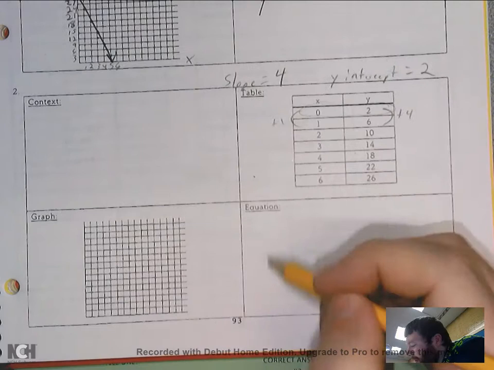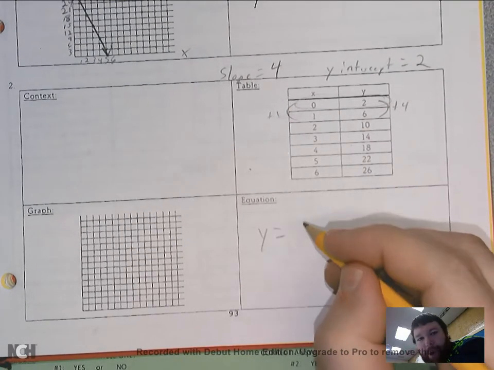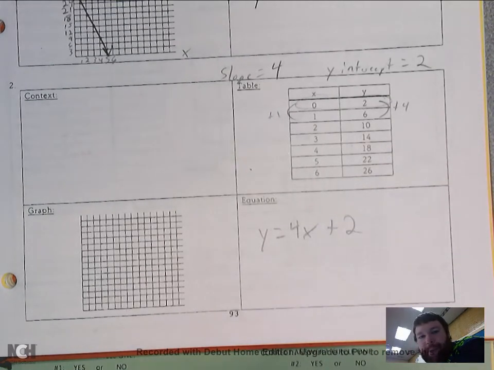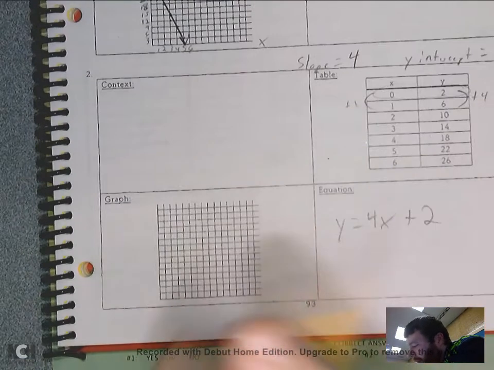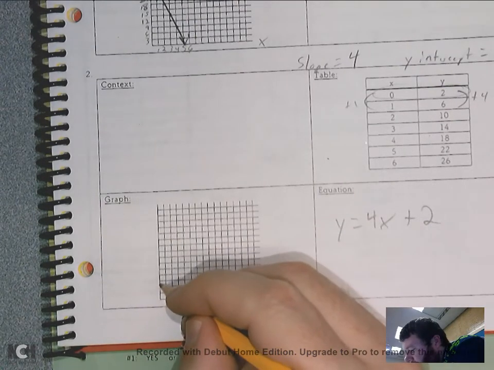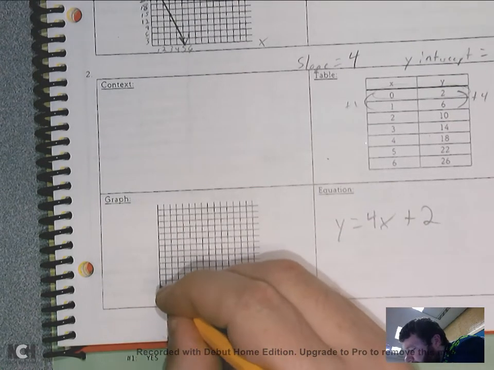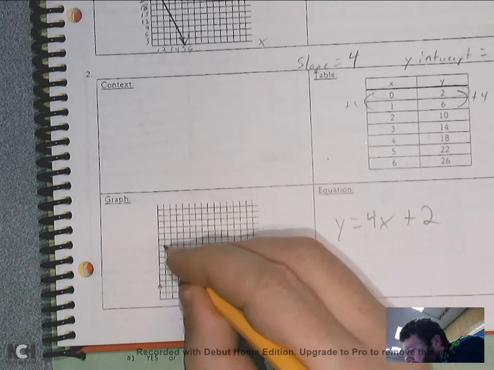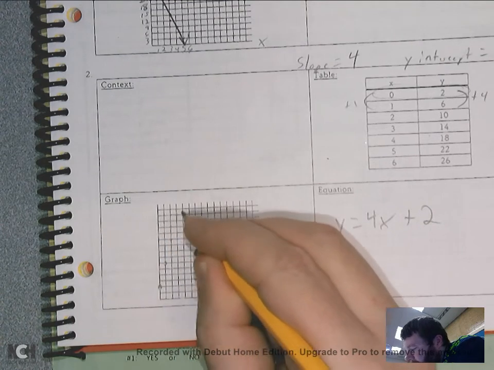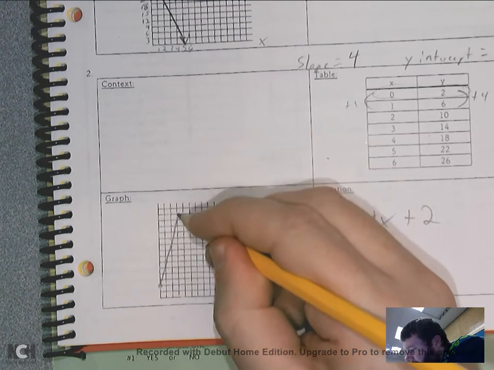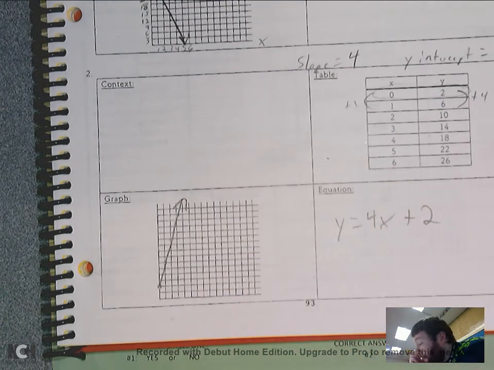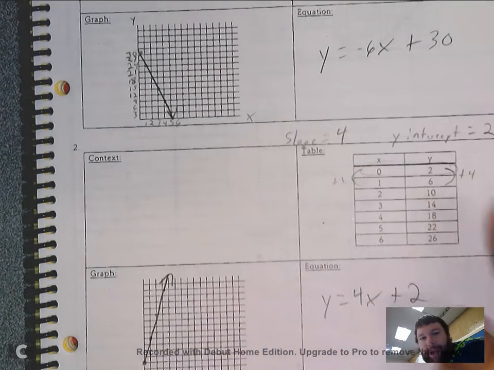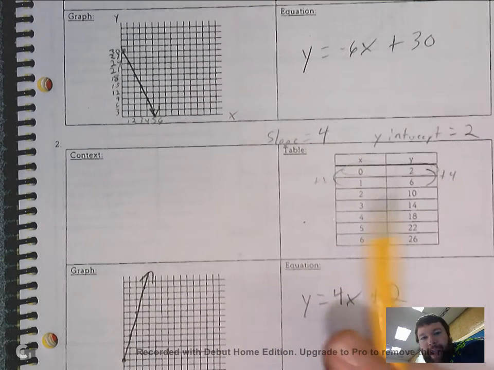So to write that as an equation, y equals the slope times x, so 4x, and then plus your y-intercept, so plus 2. And then to graph it, I'm going to start at 2, and then I'd go up 4 over 1, up 4 over 1, up 4 over 1, and that would be my graph. And then for the story, again, your y-intercept is like a starting number, and then